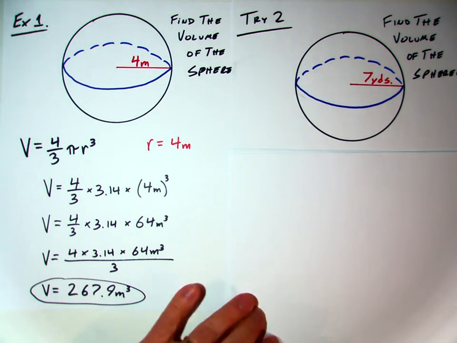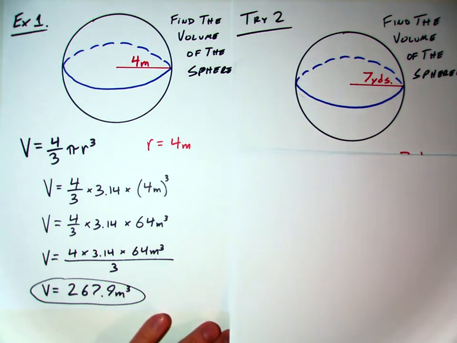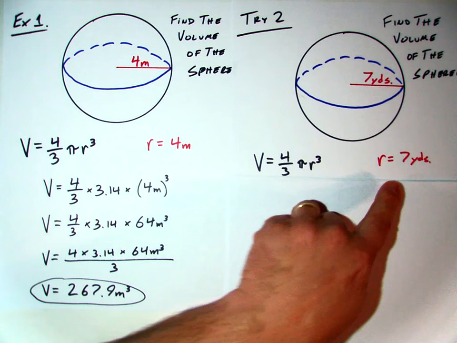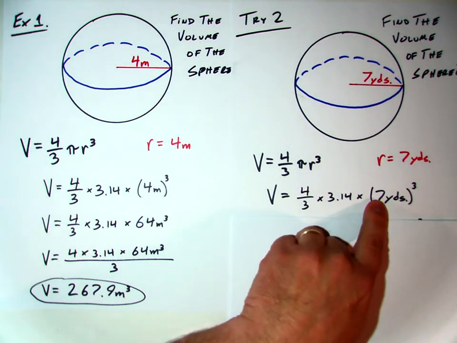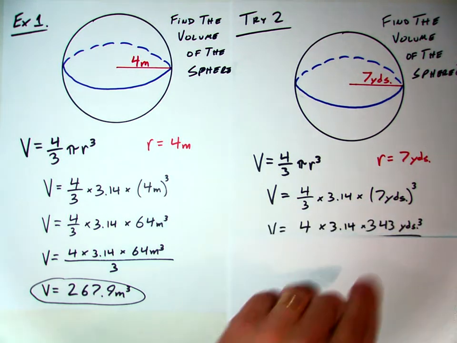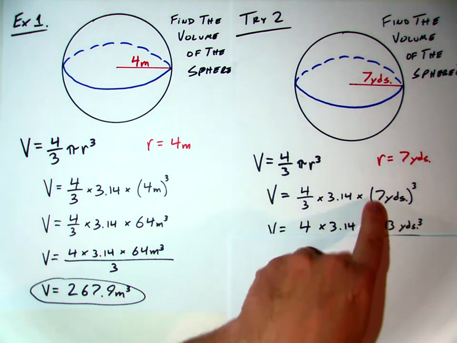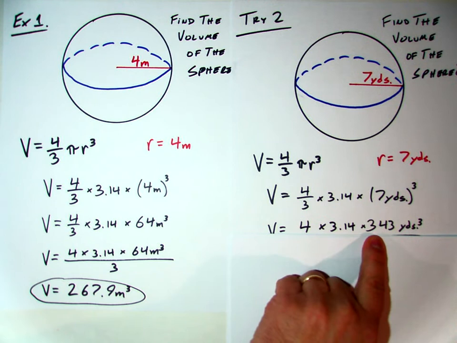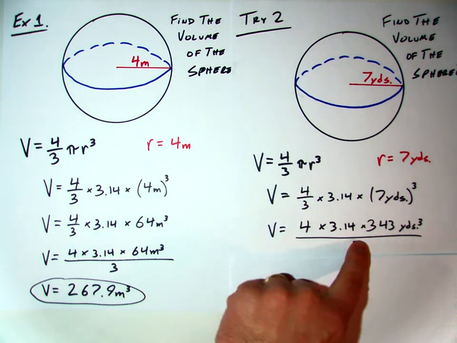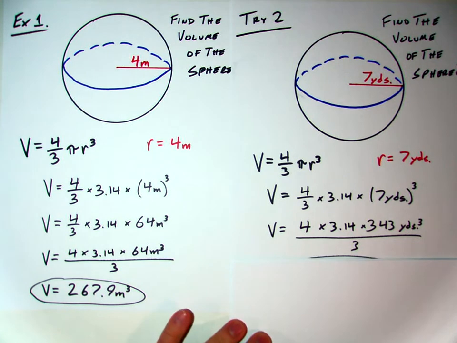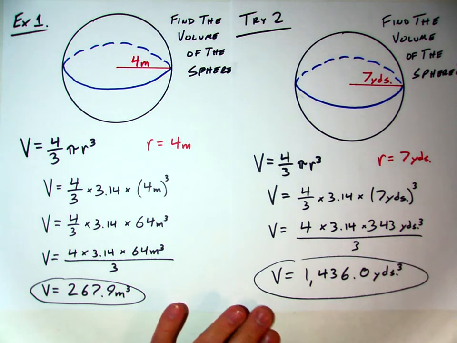Well, I hope you found the volume of this sphere, and the formula is the same. The radius has changed for this problem. It's now 7 yards. You have to make sure you cube the 7, and you cube the yards. 7 cubed is 7 times 7 is 49, times another 7 is 343. And then the way I wrote this was I put the 4 on the top in the numerator and put the 3 on the bottom as the denominator to divide it all. And hopefully you arrived at this answer,